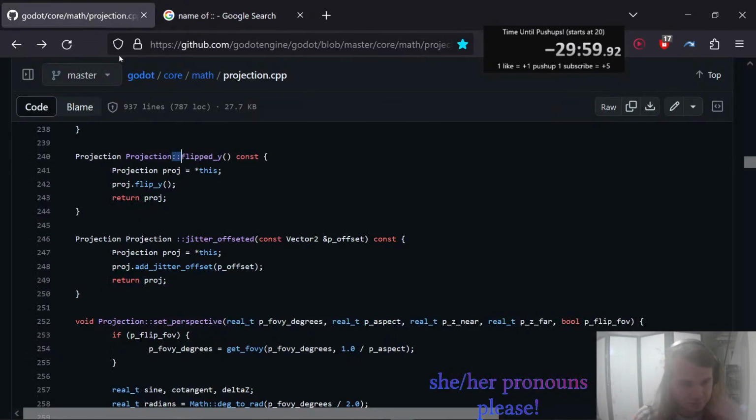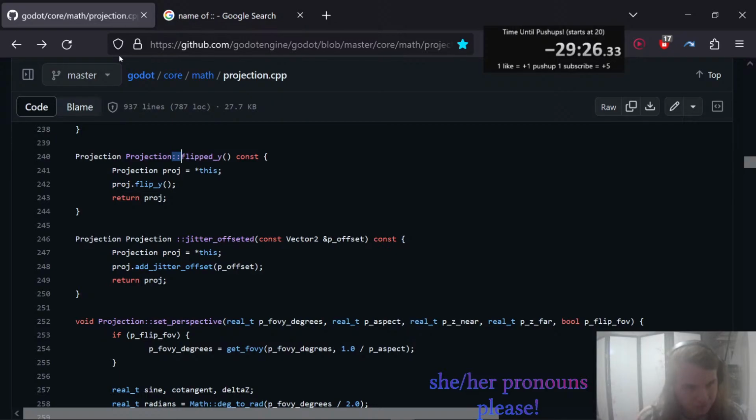I'll just call it double colon. Projection double colon flipped_y() const { Projection proj = *this; proj.flip_y(); return proj; }